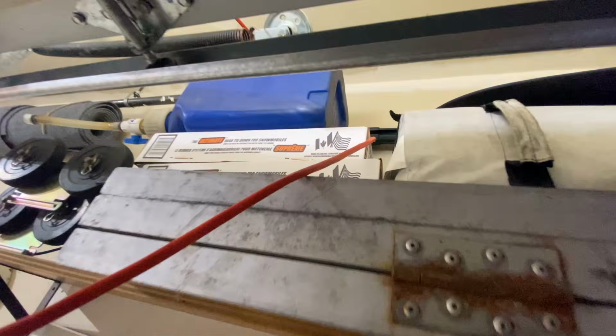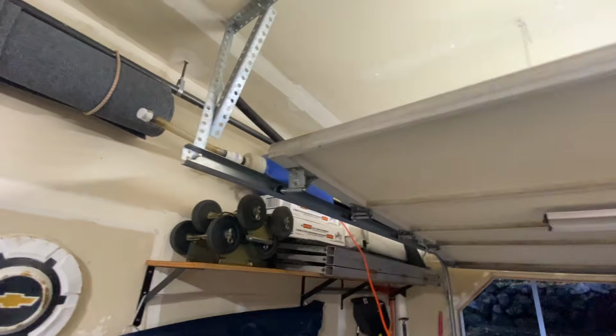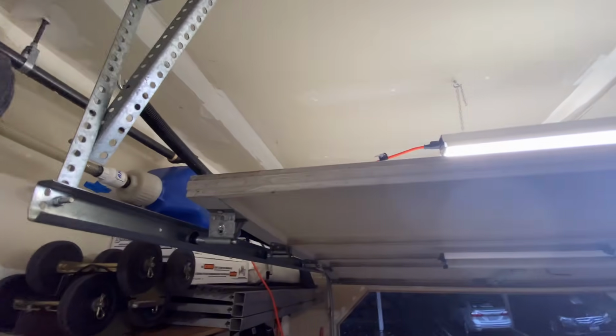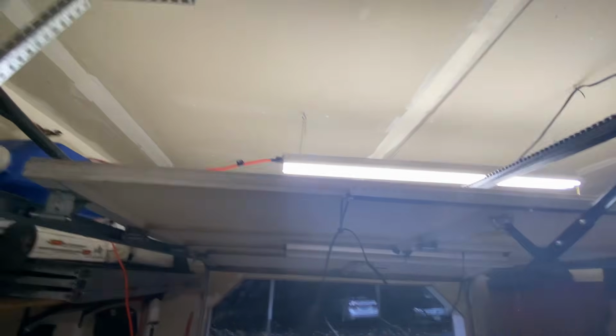Then the extension cord goes up to the wall, and then over to the top light where it connects up there. I did have the extension cord going all the way over to the power unit itself, but once I got the new lights here, it was able to go just to that light and then to this one. And to show you how it works, when I close the door,